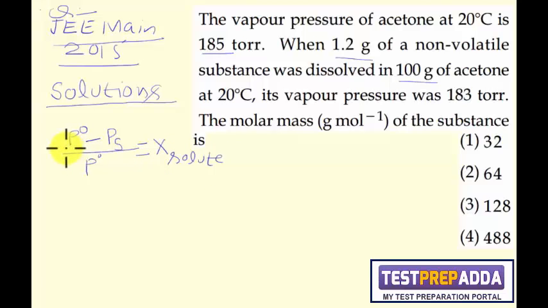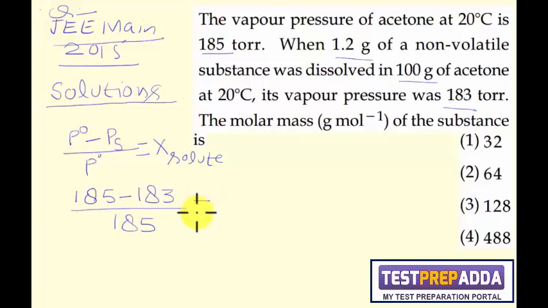Now vapor pressure of pure solvent is given in the question, 185 torr. Solvent is acetone. Vapor pressure of solution is also given, 183 torr. Now if I substitute these values, it will be 185 minus 183 upon 185, and that is equal to mole fraction of solute, means mass of solute upon molar mass of solute